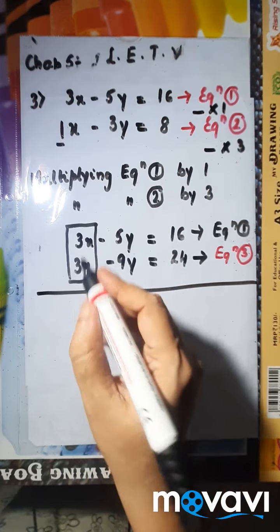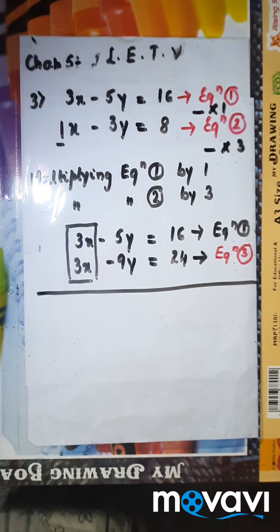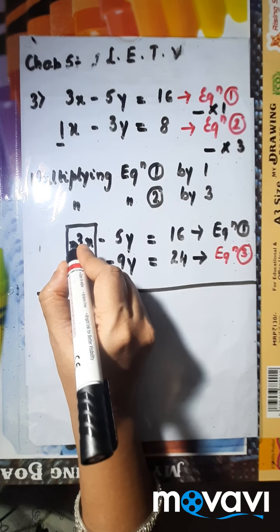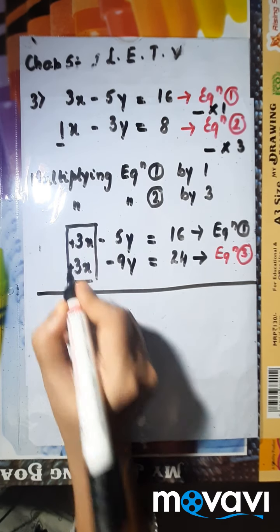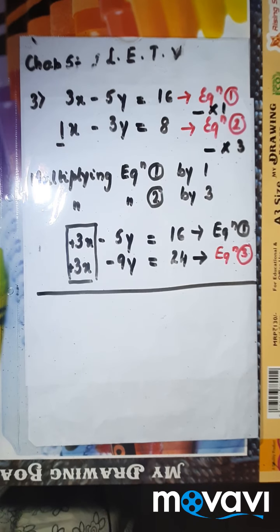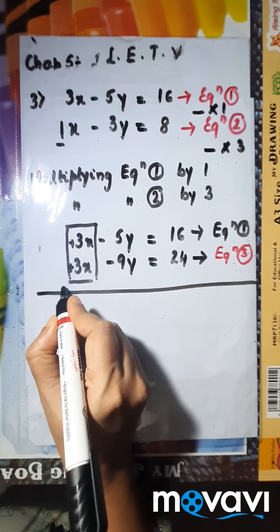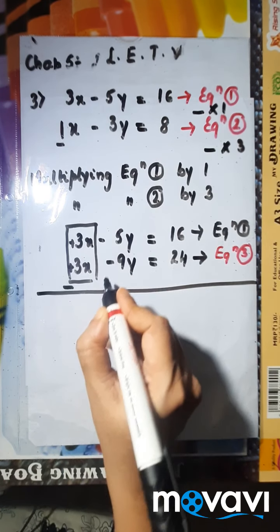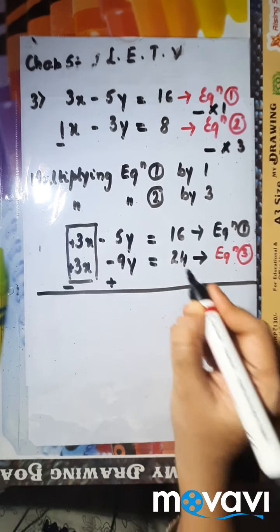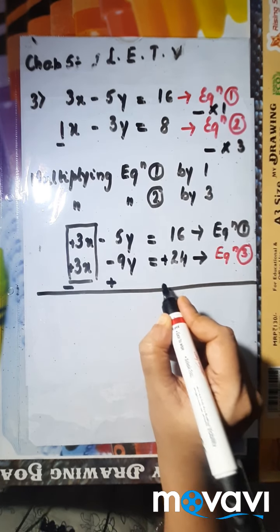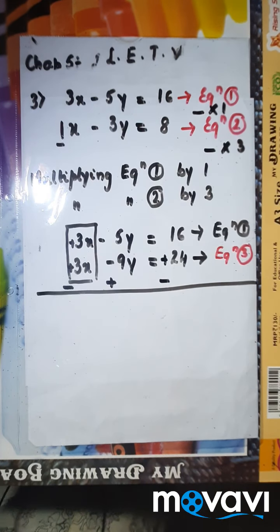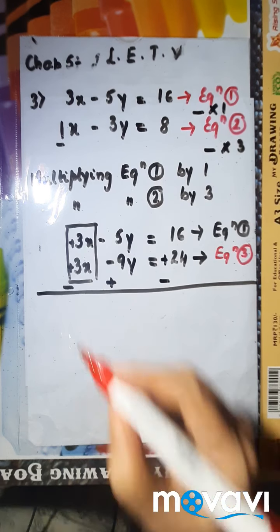Correct, because they have the same coefficient, right? Now look at the signs. This is plus and this is also plus. So I told you, when the signs are the same, I have to subtract. Subtract means this is plus, I'll make it minus. This is minus, I have to make it plus, and this is plus, again I have to make it minus, right? So now this gets cancelled off,